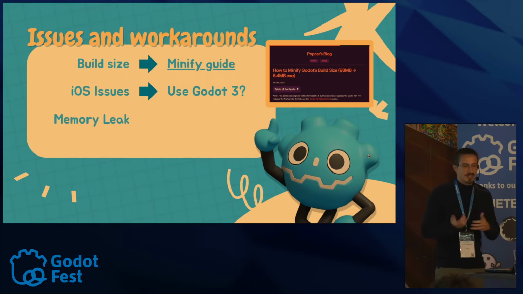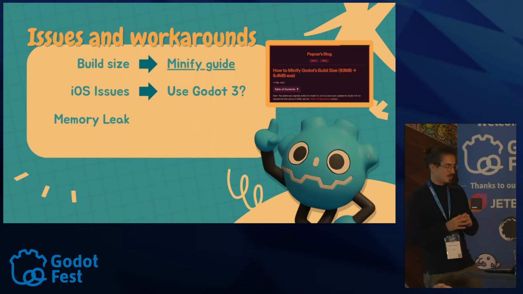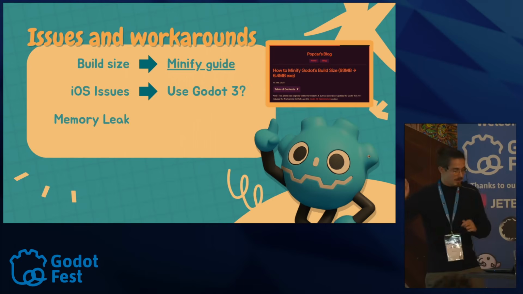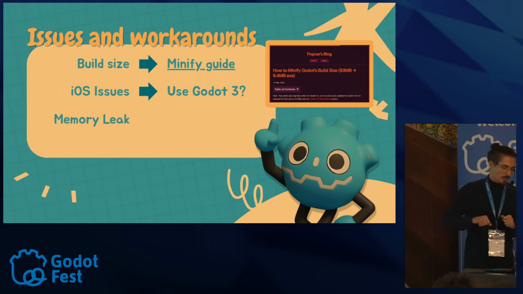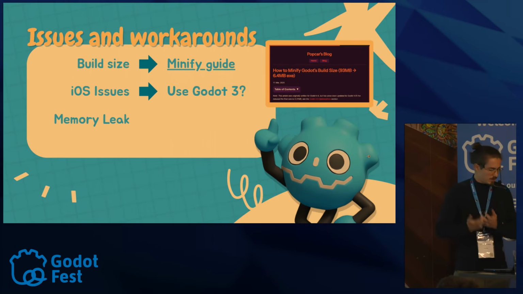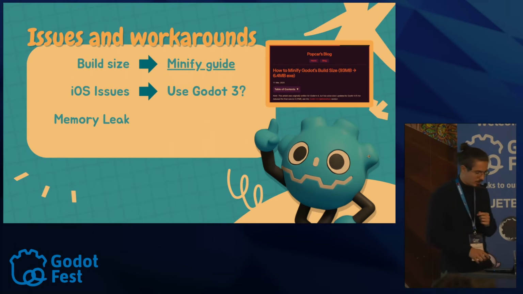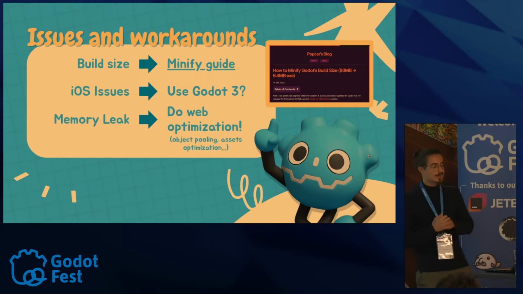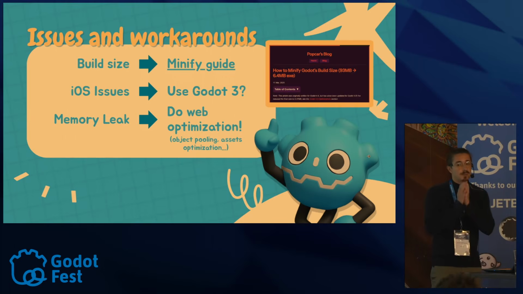After some research and debugging, I realized that it was related to a memory leak problem, and I wanted to pinpoint this in the presentation, not really to offer a solution, because of course there are many different approaches, but more as a reminder that building for web requires its own optimization.